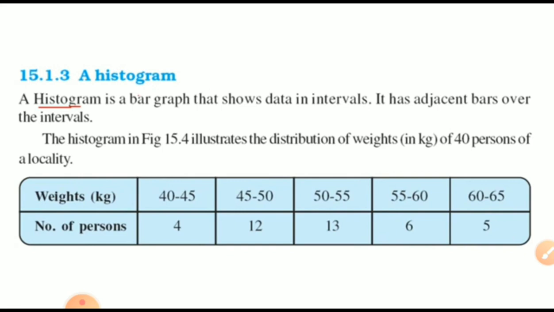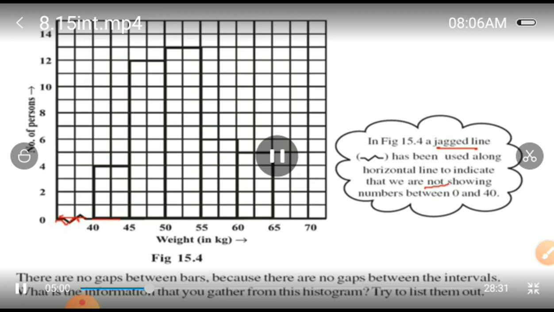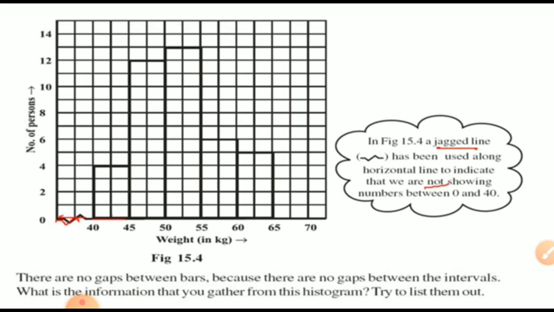It is a histogram. What is this called, beta? Histograms. Once again, I can remind you, this is a histogram, and you can see how it is working. So the histogram is here. It's a zigzag line, underlined in red color. No need to write 0 to 40. Directly we can start at 40. Then each bar is showing 5, 5, 5.